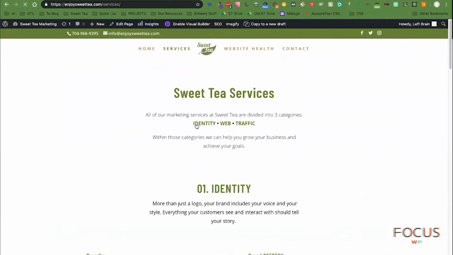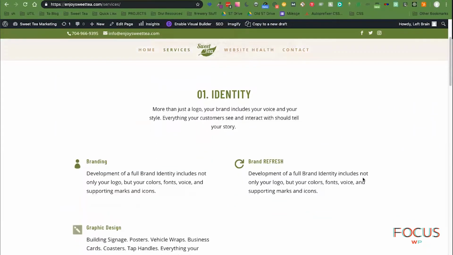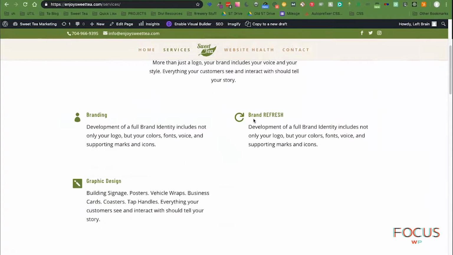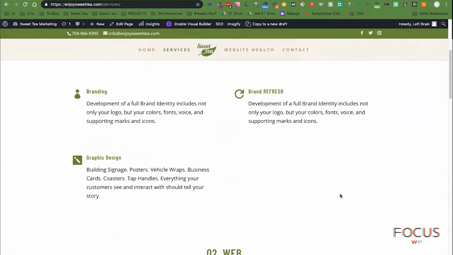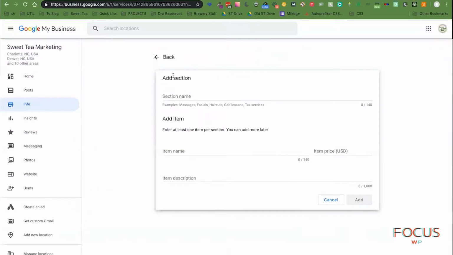So I break my services down into identity, web, and traffic. Under identity, I've got branding, a brand refresh, and graphic design. Okay, let's do that as an example right there, and then we'll just stop after this. In the future we can add the web and the rest after that. So go back to the section, and as it says identity,